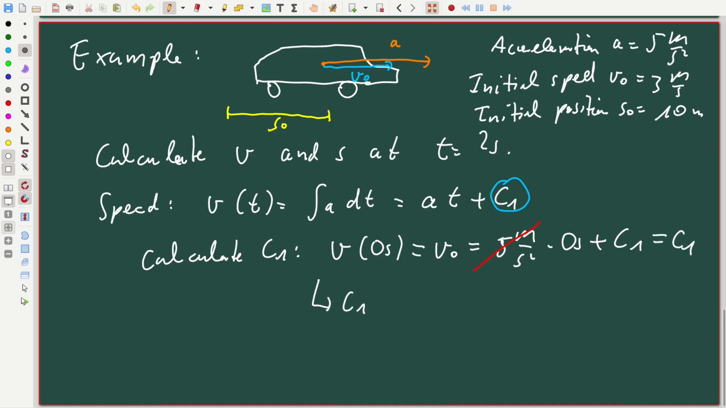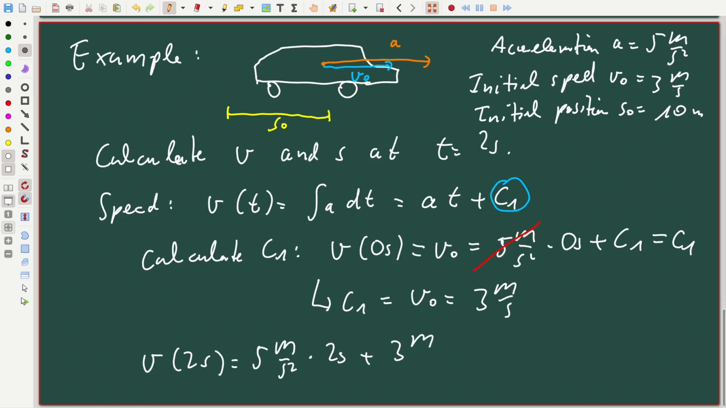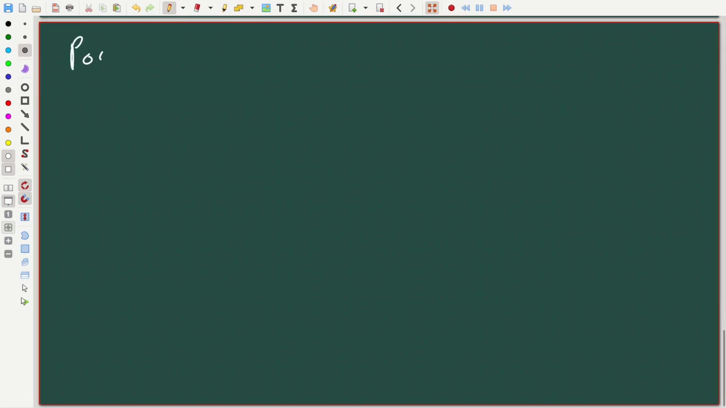So it follows that our c1 is equal to v0, and this is equal to our 3 meters per second. So now we can calculate our speed at a given time of 2 seconds. So this would be our 5 meters per square second times 2 seconds plus our v0, which would be 3 meters per second. And if I insert this, at the end we will get a value of 13 meters per second. And now we can do the same for